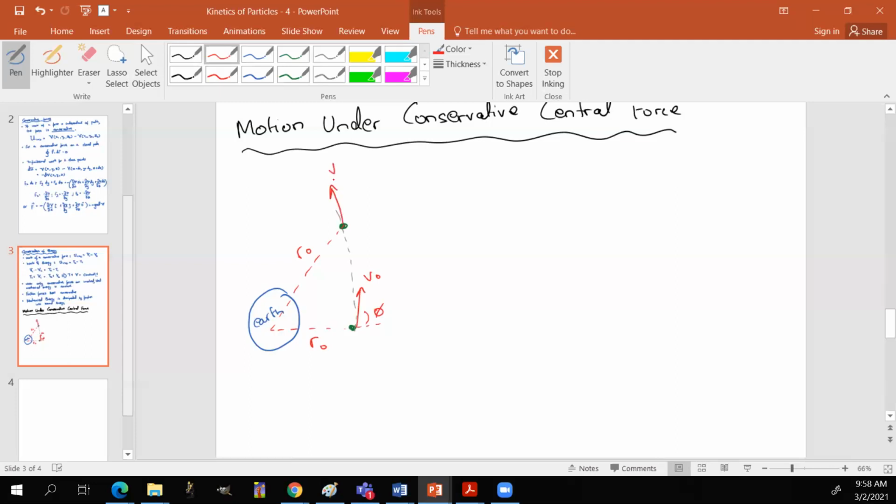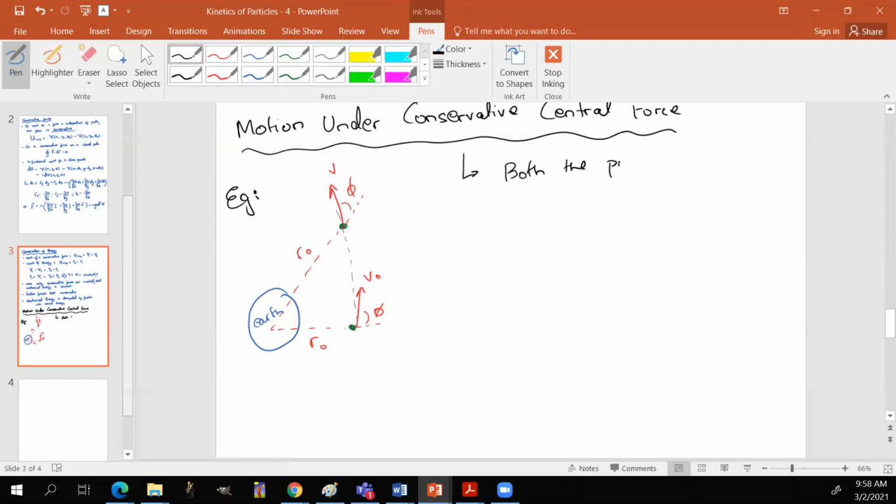Again, here you have some velocity, and that makes some angle phi with the line joining the centers of these two particles over there, right? So in this case, which is an example of motion under a conservative central force, right over here,